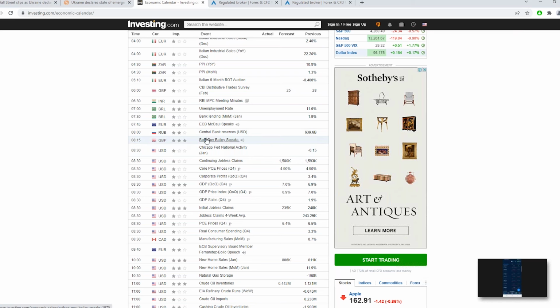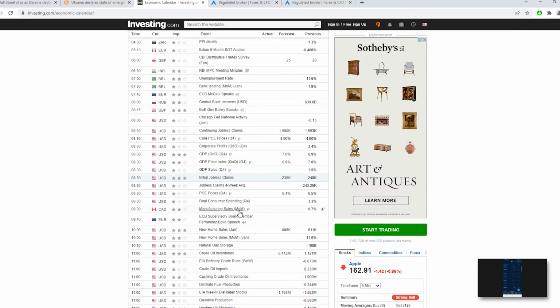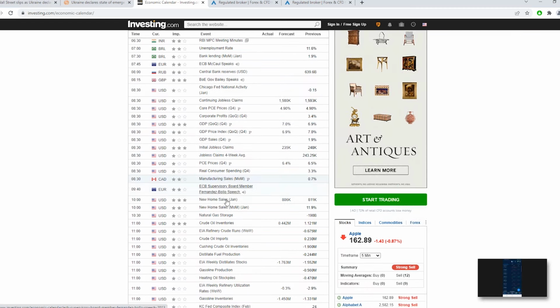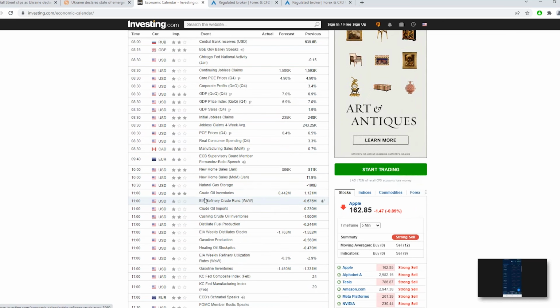So not the best situation for the markets. GDP numbers coming in the U.S., initial jobless claims numbers, new home sales numbers, and crude oil inventories, if anything, that really is going to be in focus as well. There's already fears of